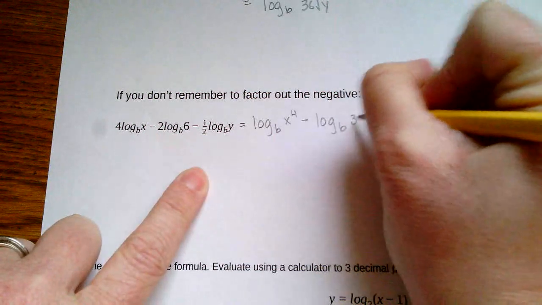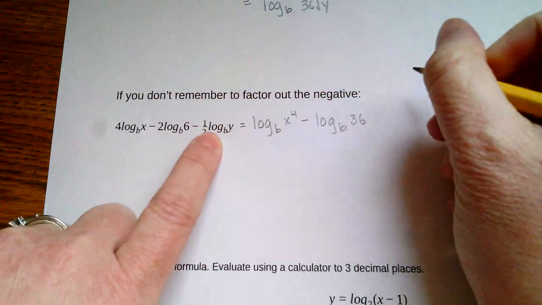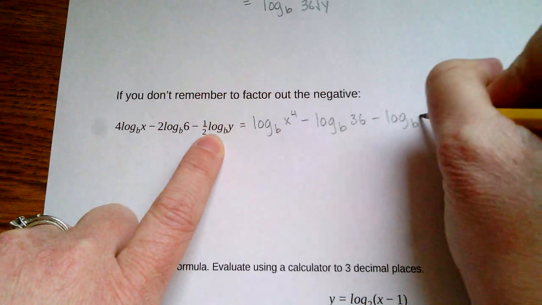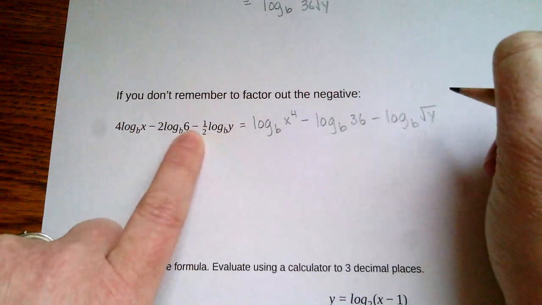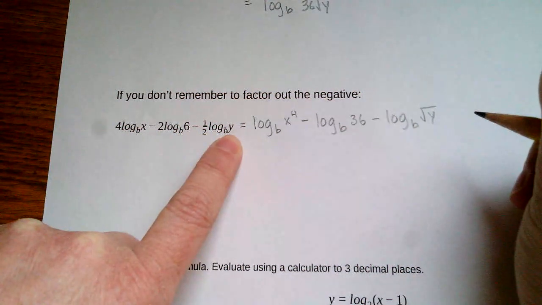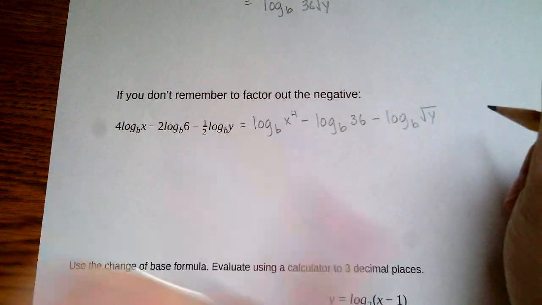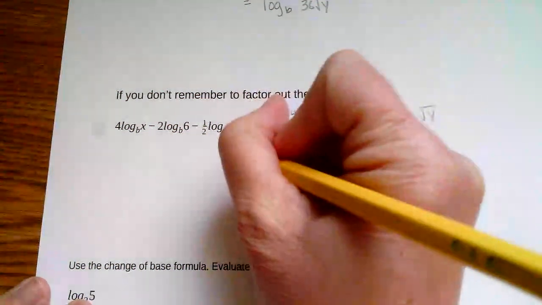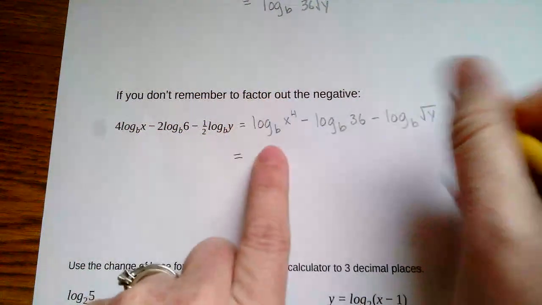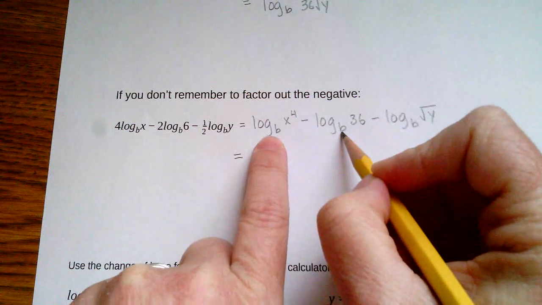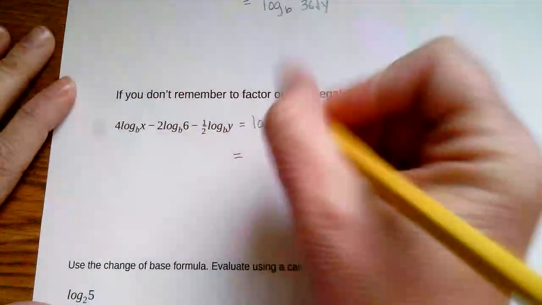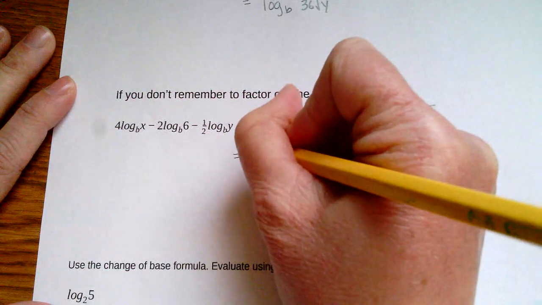So I'm going to rewrite that as 36 minus log base b of the square root of y. Again, I'm putting the exponent of 1/2 on the y. That changes to square root y. So now let's condense the first two log expressions using the quotient rule, quotient property. So we're going to get